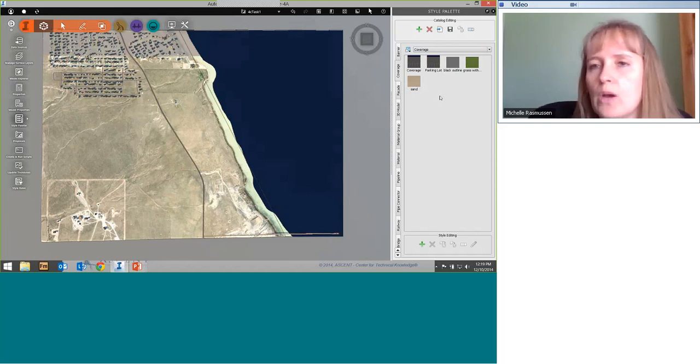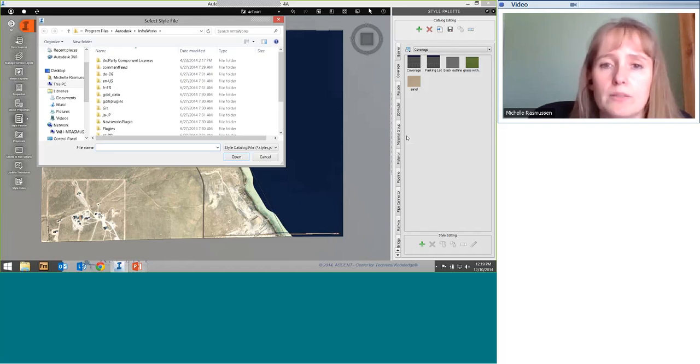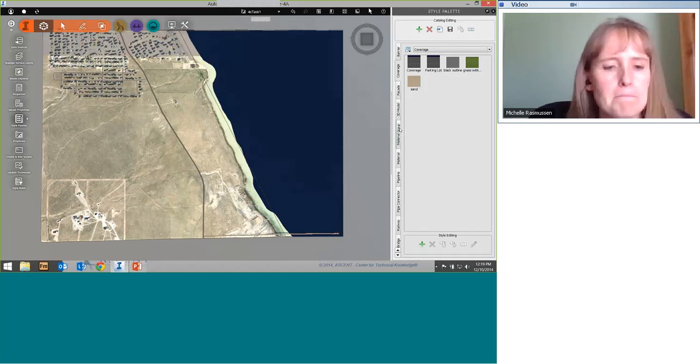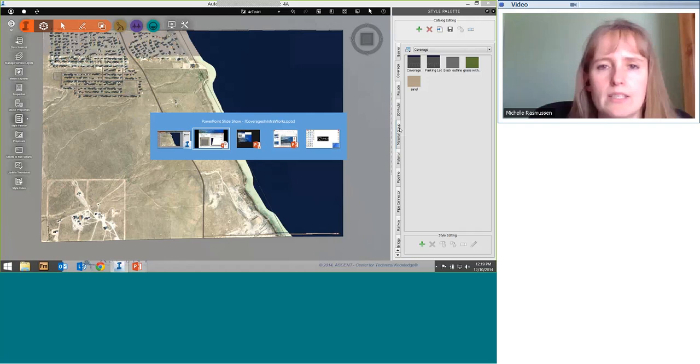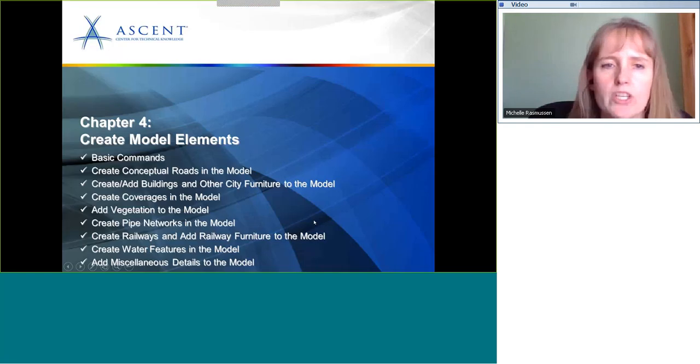And then if someone shared that with you and you wanted to bring it in, you would just click the Import option to import that in from another file. And it's going to find that JSON file. Okay? All right. Next thing we want to do is jump into Chapter 4 of the InfraWorks Fundamentals Training Guide,